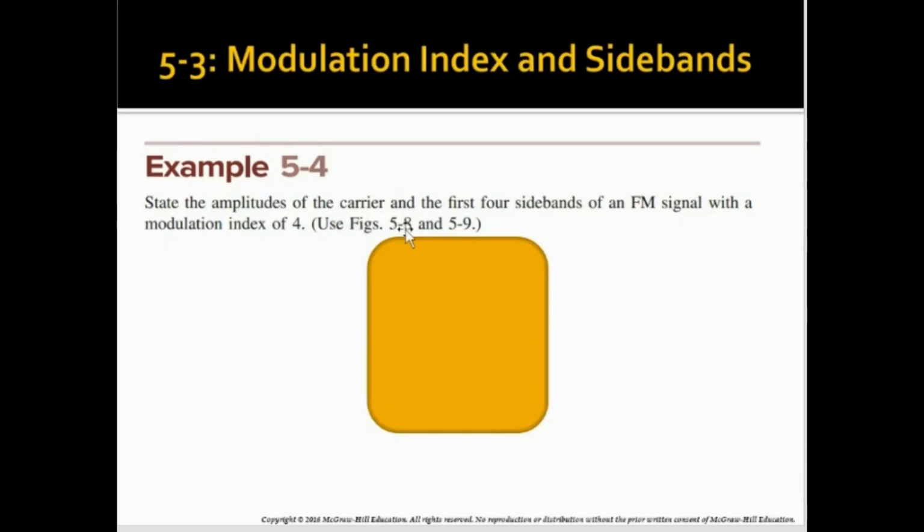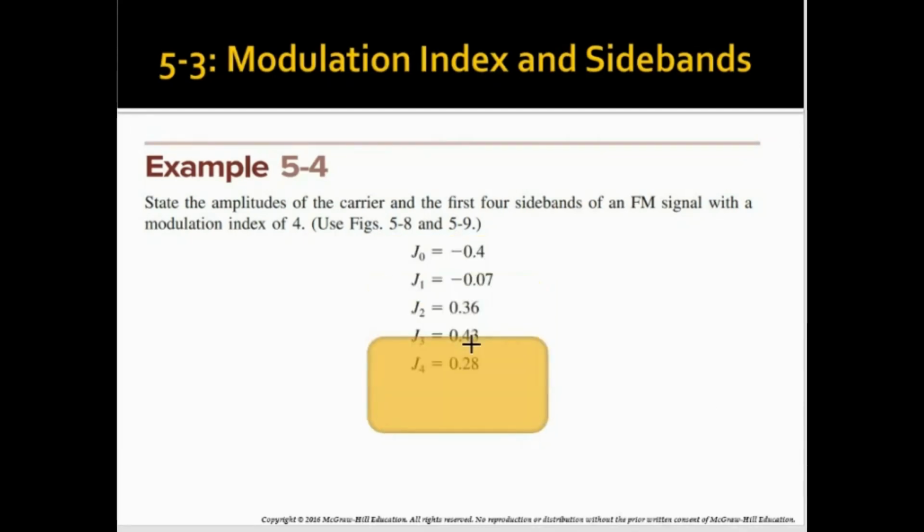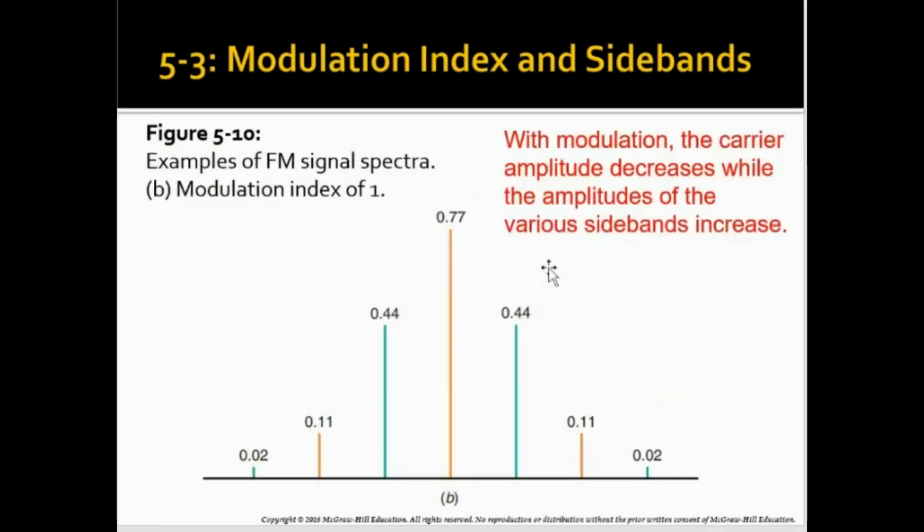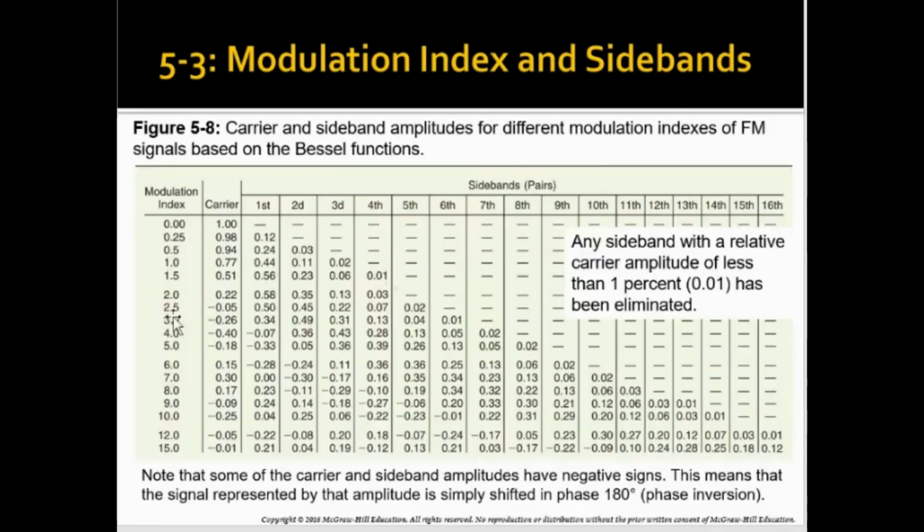Use figure 5.8 or 5.9, the two Bessel function presentations we showed, either the table or the graph. So when we have modulation index of 4,